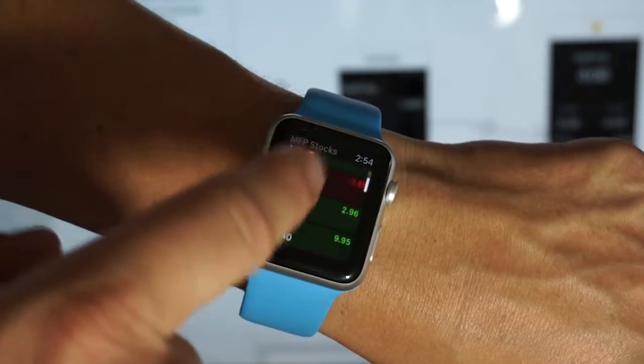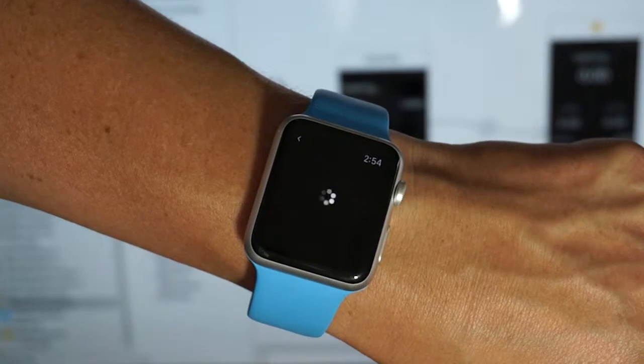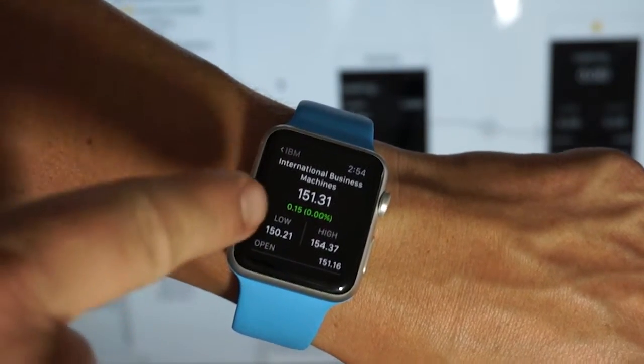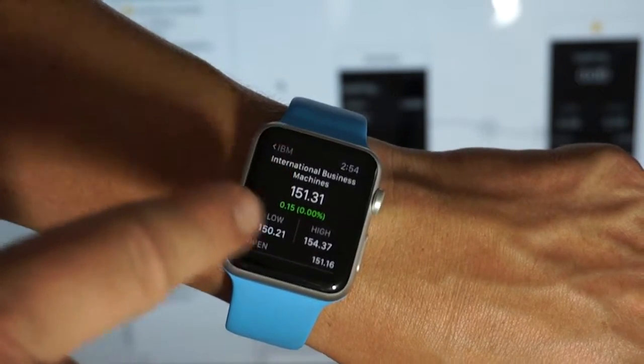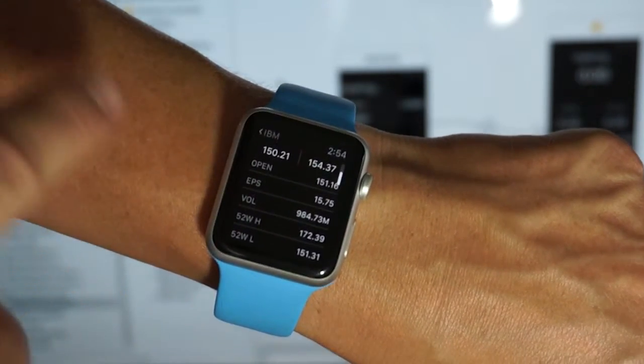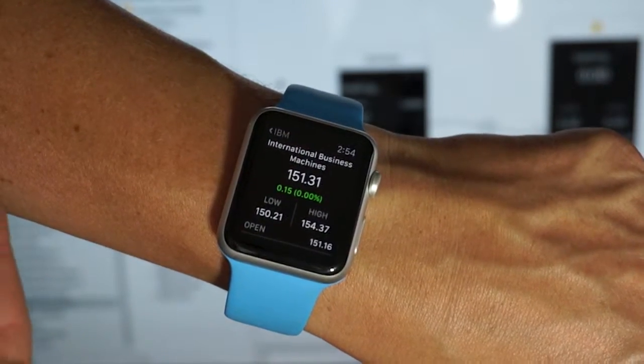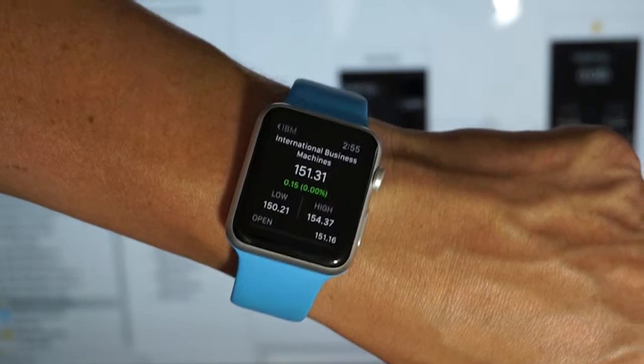And for any one of these, I can go ahead and tap on the item, and it's going to make a request to the server. It's going to pull back additional details, so you can see the current price, the change, the high, low, open, EPS, volume, 52-week high, 52-week low. I could have included more data in here, but I really just chose a subset of data to demonstrate what